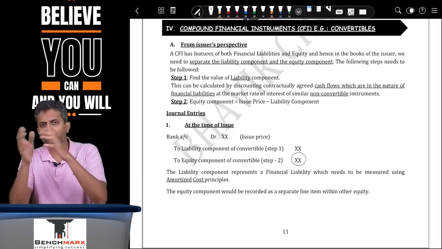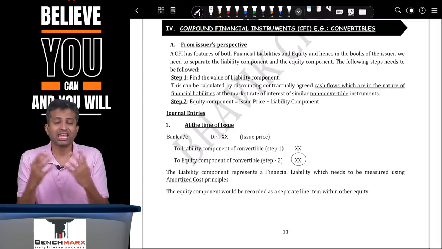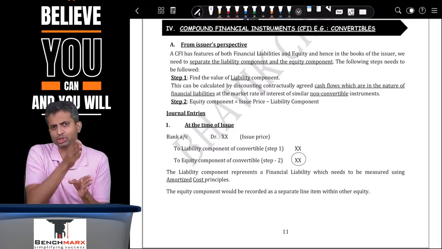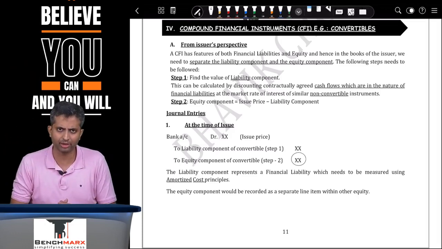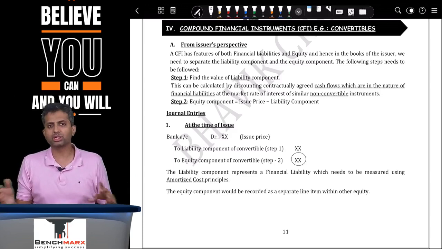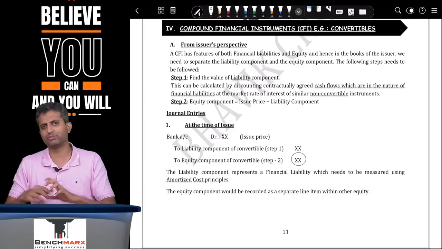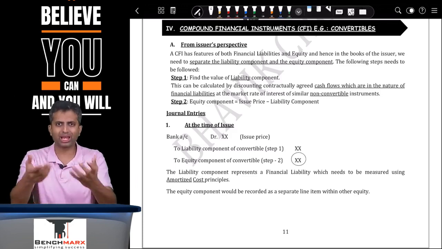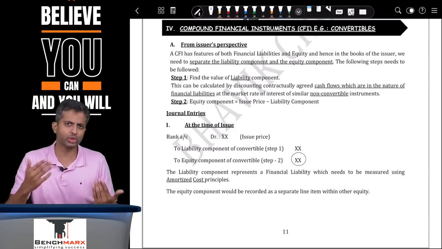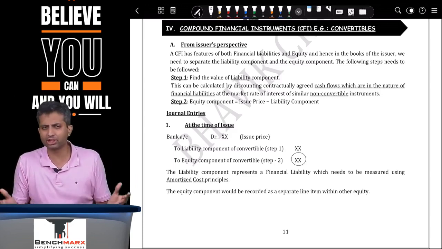That way, you will keep on finding the amortized cost in each year. If it is an optionally convertible instrument, the amortized cost will slowly proceed towards the potential redemption value. Whereas if it is a compulsorily convertible instrument, the amortized cost will proceed slowly towards zero. At the end, when you are actually doing the conversion or doing the repayment, if it is a compulsorily convertible instrument,